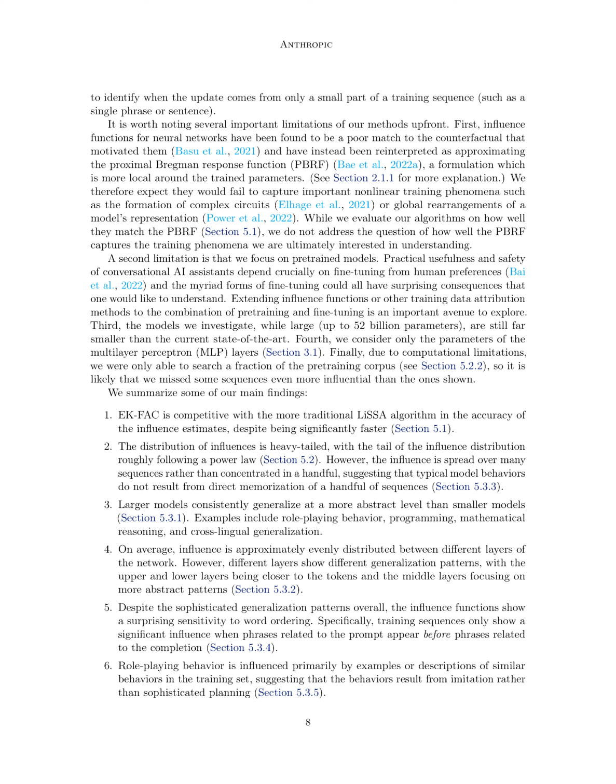Here are some key findings from our study. EK-FAC performs competitively with traditional methods in accurately estimating influences but is much faster. Influences are distributed across many sequences, not just a few, suggesting that typical behaviors are not just memorized from a few key examples. Bigger models consistently abstract more than smaller ones in areas like role-playing, programming, and reasoning. Influence is spread almost evenly among the model's layers, but different layers show unique generalization patterns. Surprisingly, the functions are sensitive to word order, showing significant influence only when certain phrase arrangements are followed. Role-playing behavior seems to come from imitation, not sophisticated planning.